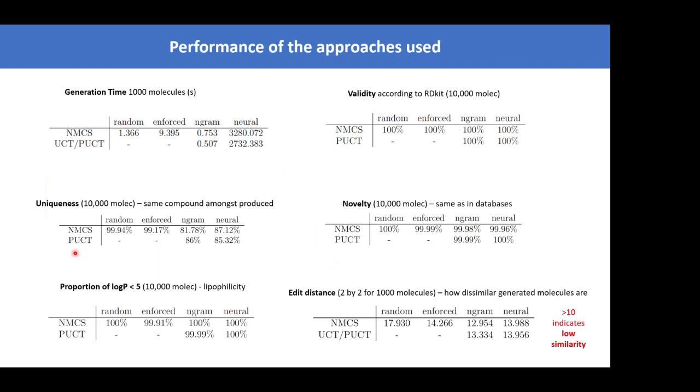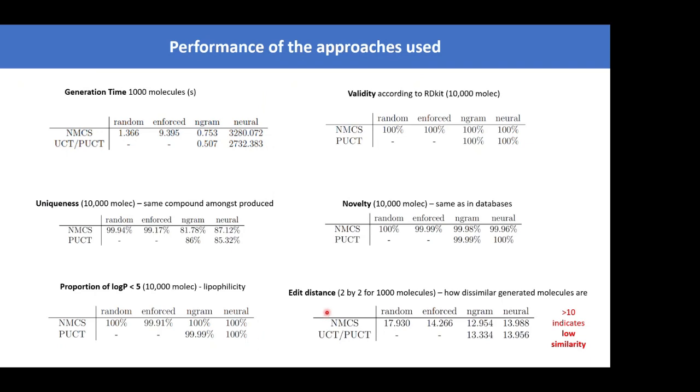And these are some results about the molecules that we generate. So we looked at generation time, validity of molecules, so whether they actually can exist in 3 dimensions, uniqueness, so is the same compound produced many times among the 1,000 molecules that you generate, novelty, as in, are the compounds different from the FDA compounds from which we generated the n-gram, the proportion of compounds that have a log P inferior to 5, so that's in terms of solubility, and edit distance, which is, within the 1,000 molecules that you generate, what is the diversity among these molecules? Do they all look similar, or are they